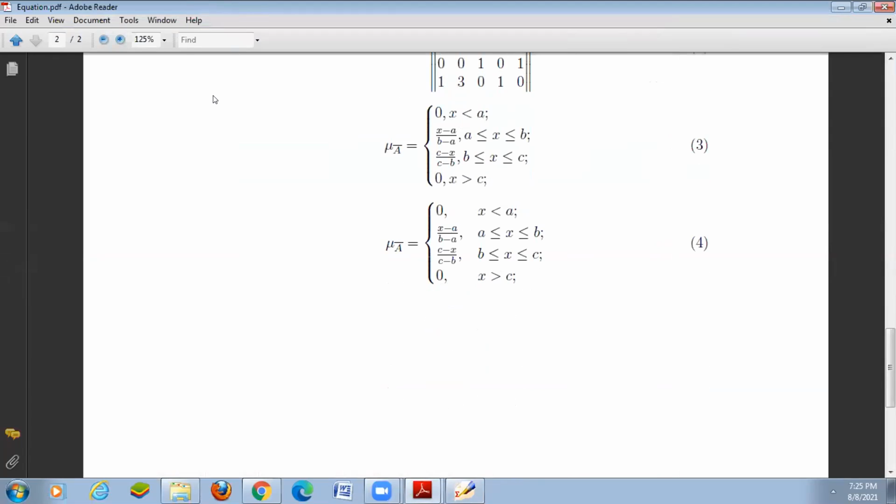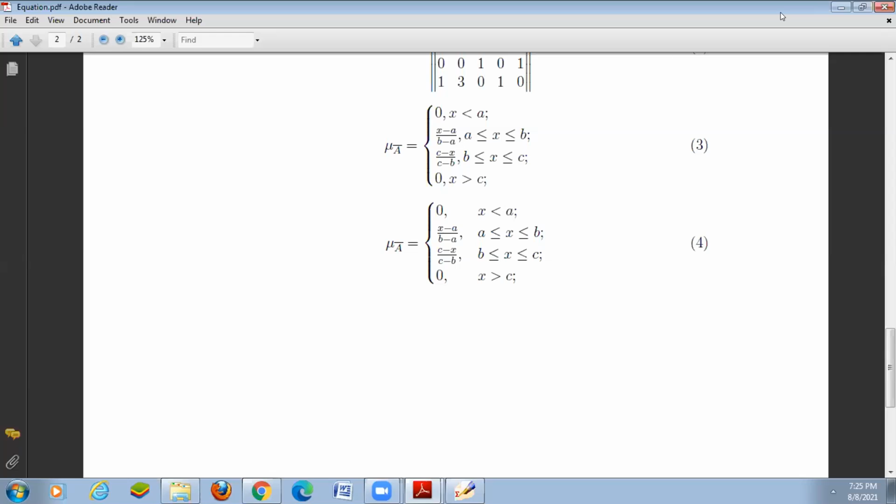So that's the difference between the two equations. This was without the ampersand symbol, and this was with the ampersand symbol. So you can use the ampersand symbol within the equation, and the equation will be properly aligned. But if you do not use the ampersand symbol, they will be displayed in a single line. Okay, so we cannot align the equations. So that's the difference between with and without the ampersand symbol.